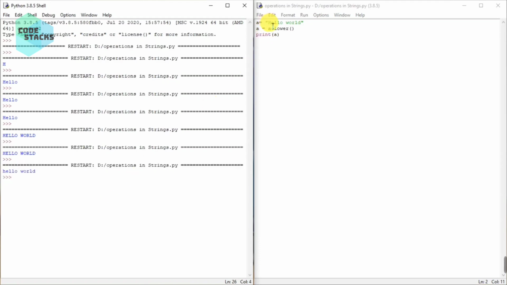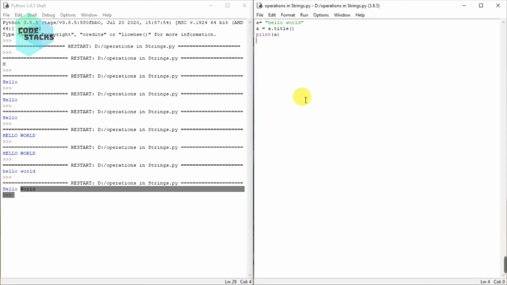Also I can titleize it. Now let's say if I change it to h, I can say title. So what is titleize? Titleize means that the first letter of each word would be in uppercase, and the rest would be in lowercase. Similarly with the second word, w will be in uppercase, and the rest will be in lowercase. If I try running it,